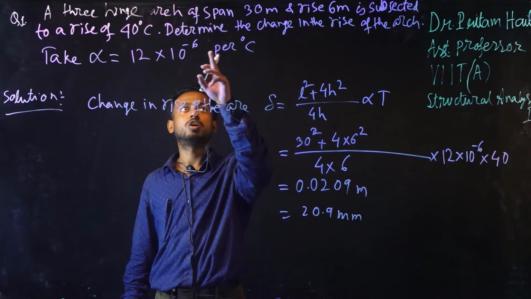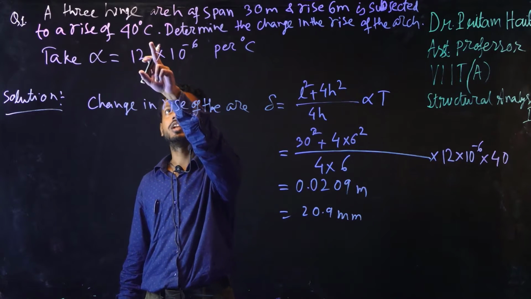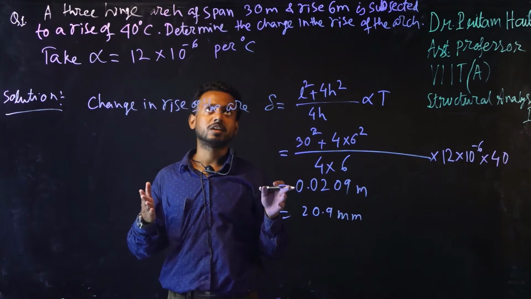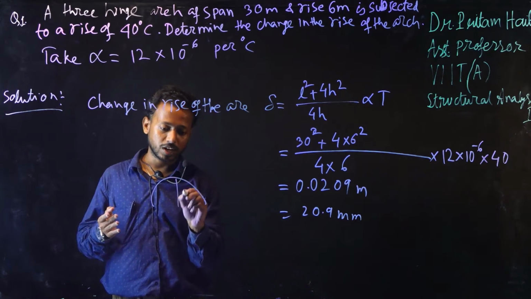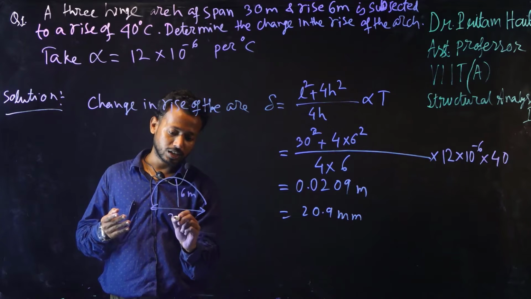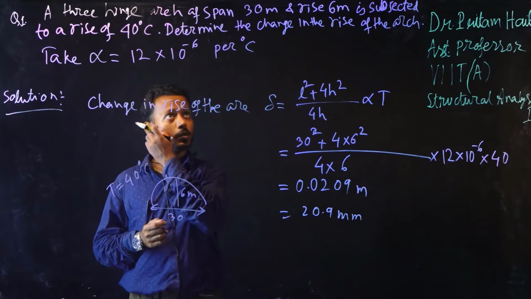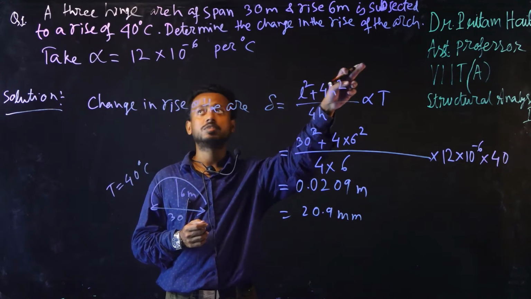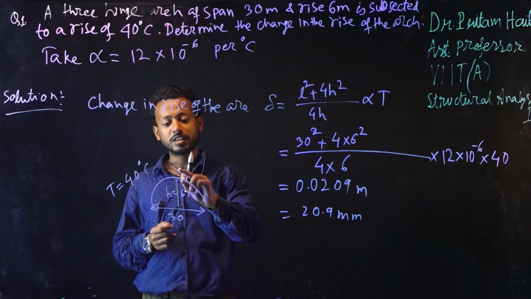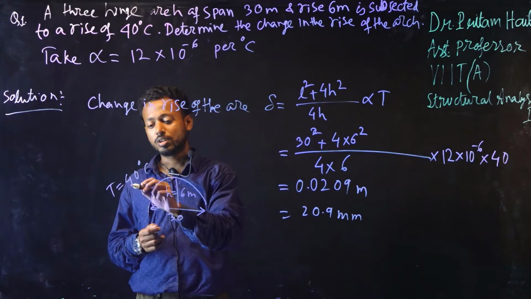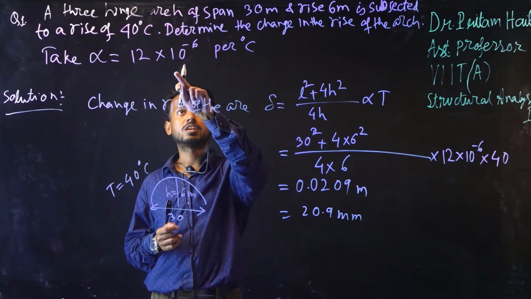A 3-hinge arch of span 30 meter and rise 6 meter is subjected to a rise of 40 degrees centigrade. That means a 3-hinge arch is given with span 30 meter and rise 6 meter. This is 6 meter and this is 30 meter. 40 degrees centigrade is the temperature rise. Okay, we have to determine the change in rise of the arch. This is the rise of the arch. What will be the increased rise of the arch due to change in temperature, right? So alpha equals the coefficient of temperature